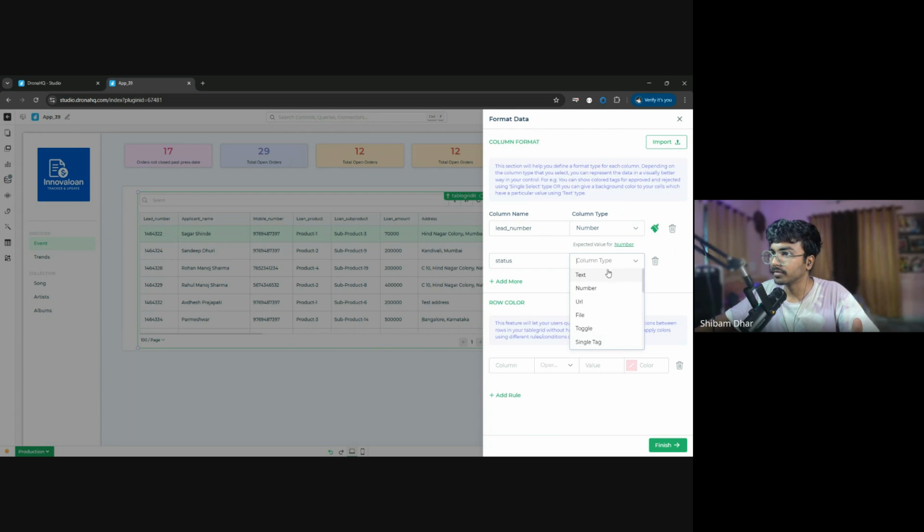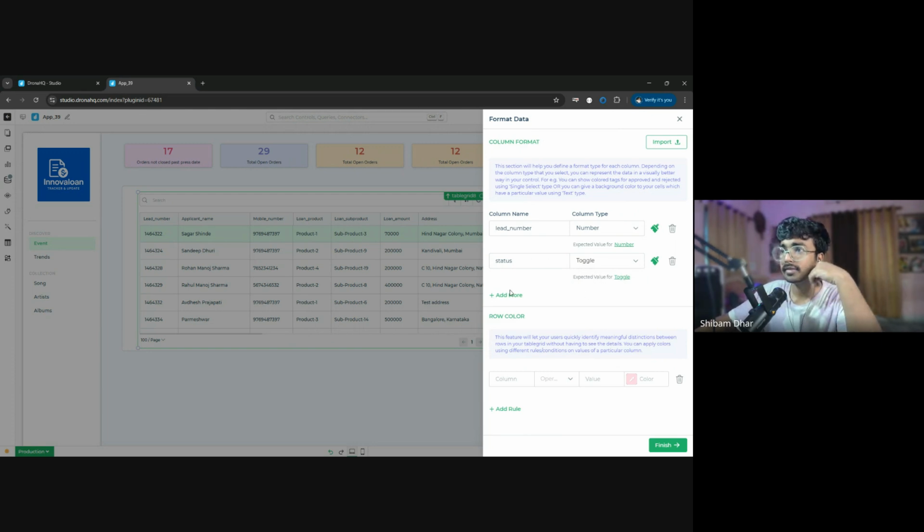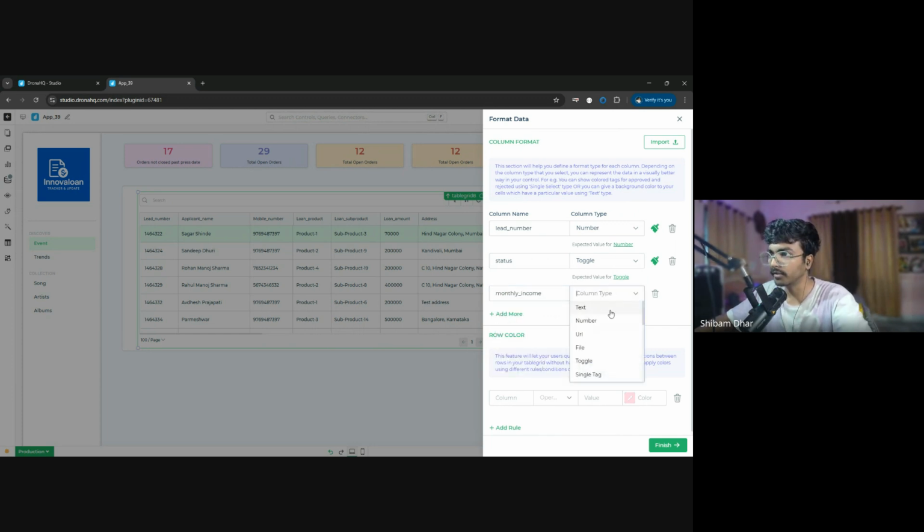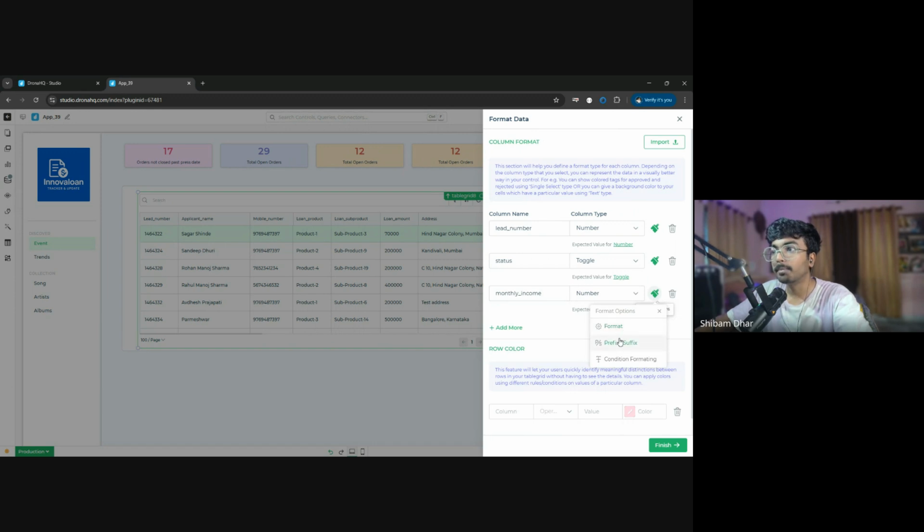So we can put up a toggle. Let's see how it happens. But let me add anything else. Do we have? These are all numerics. Of course, you can add signs like rupee. So if I want to show you monthly income, if I set it as number and do a prefix suffix, the prefix can be Rs, rupees, and suffix can be like this. Cool. Apply. Now if I just do a finish,